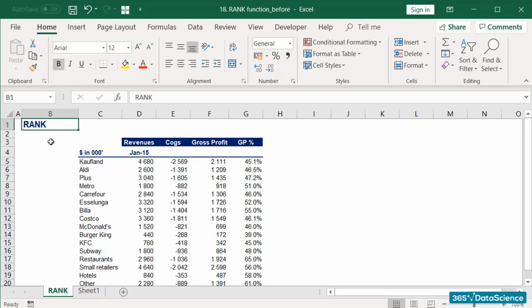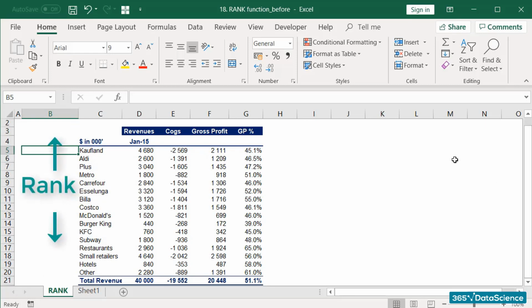Very few people know about the rank function. Even fewer use it in practice. This is all the more reason to understand what it does and how it serves you in practice. It is more than likely that you will face a situation where you will have to rank a company's clients,